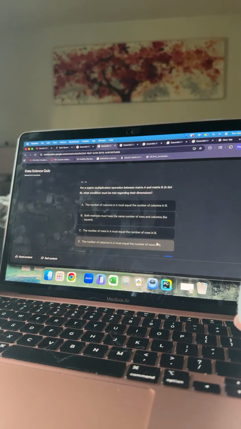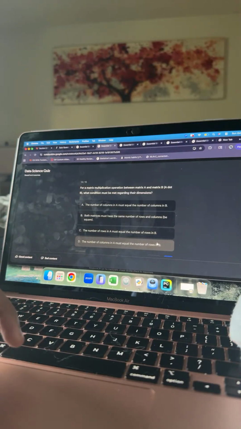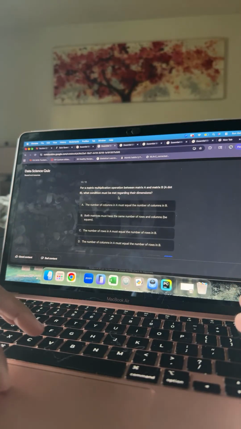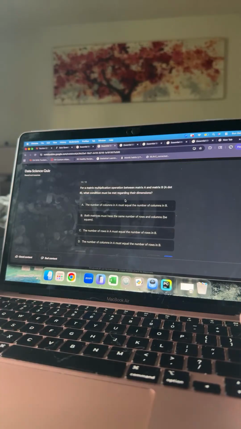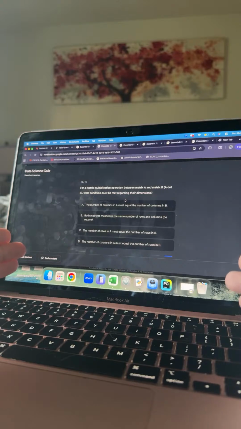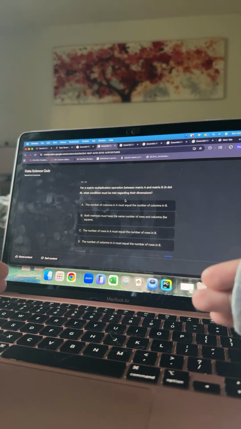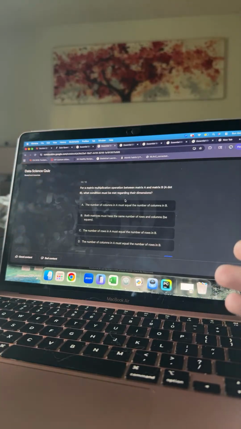Next up, we have, for a matrix multiplication operation between matrix A and matrix B, A dot B, what condition must be met regarding their dimensions? So, when you're doing the dot product, you have to make sure that the dimensions are equivalent to each other. Otherwise, how are you going to do, like, let's say,